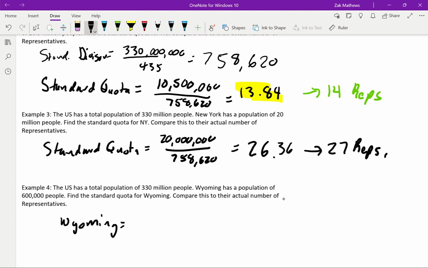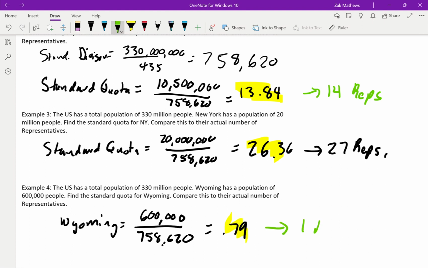And then if we look at Wyoming, they have a total of 600,000 people. So notice they don't even qualify for a whole representative. When I do that division, that is 0.79, the standard quota there. And again, I'll let you know that they do get one representative. And so it seems a little bit arbitrary. Again, in green are the actual numbers. And I'll tell you what makes this even stranger is if we went through and did every single state, sometimes